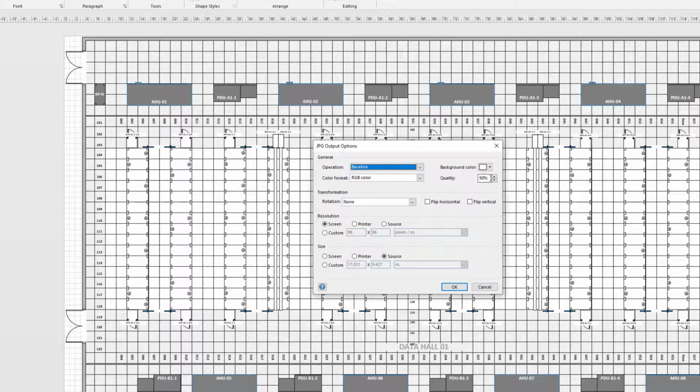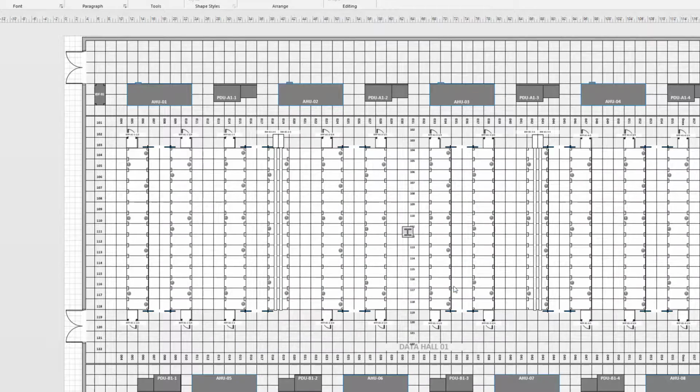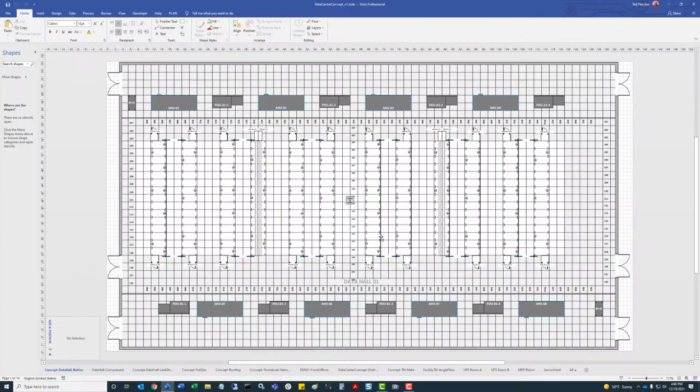Generally, the default quality is set to 75. Let's wind this down a little bit. So then if I click on OK, assuming that's the default parameter of Visio,